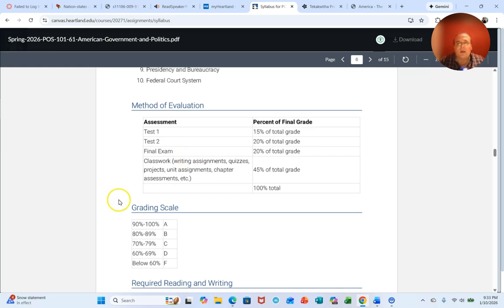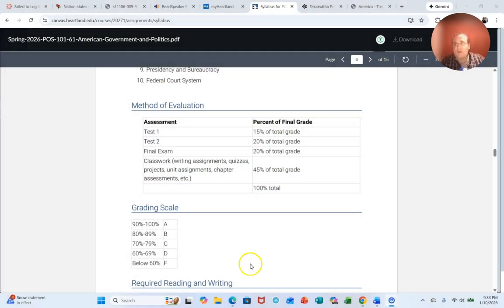Now, I'll say this, people tend to take it the wrong way. You have to really try to fail one of my classes. Now, students do every semester, but man, they put in some serious effort to try to fail and get a D or an F. So just put in the work.